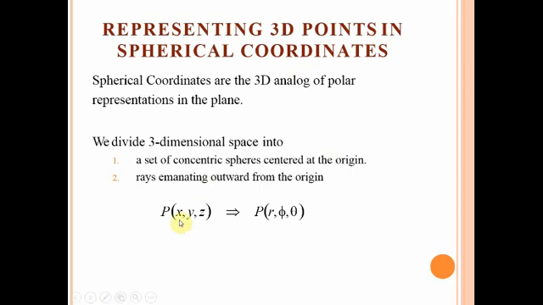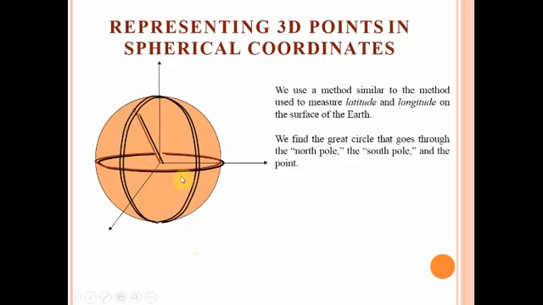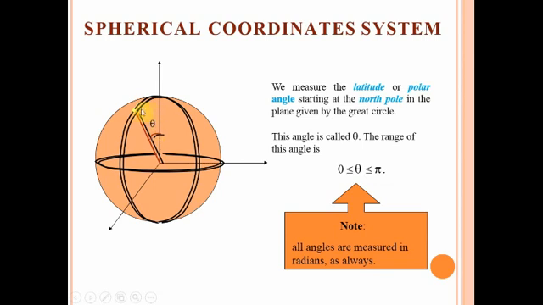So a Cartesian point x y z can be represented as a point in spherical coordinates, like r, phi, theta. So r is the distance from the center up to that point on the surface of the sphere, that's the radius. And if we create latitude and longitude on the surface, like the surface of the earth, then we have theta for any point measured from the z-axis. This can be 0 to pi. All angles are measured in radians.